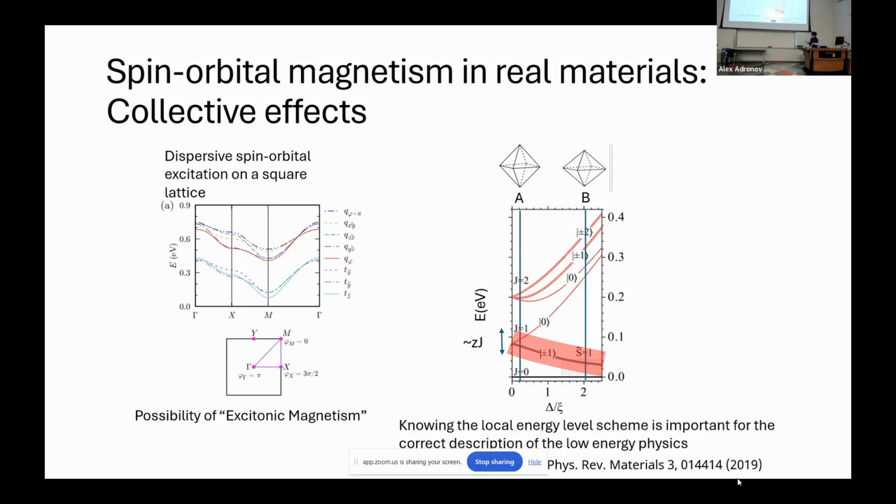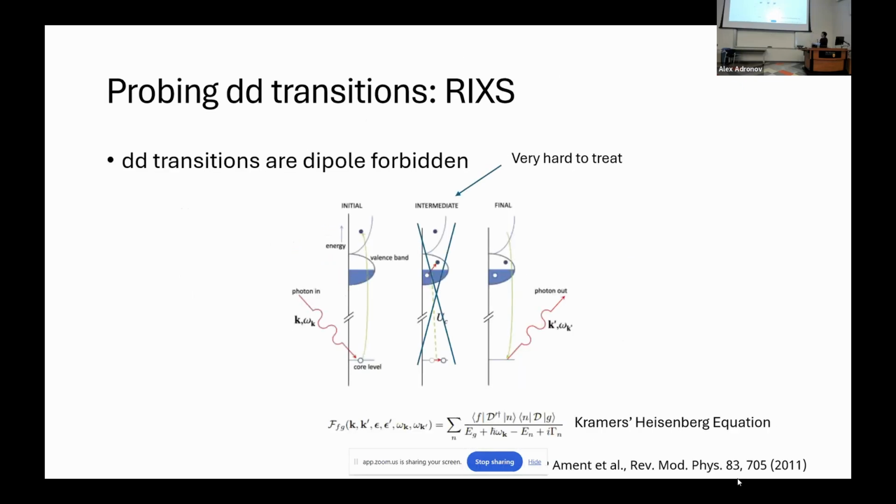And then we come to the important part: how do we study them? So the main problem with studying this dd transition, or transitions in the valence band, is that they're not dipole allowed, at least in a centrosymmetric system. And also their energy is typically very high, on the order of eV in transition metal systems. So because they're optically not allowed, optical spectroscopy like optical conductivity measurements don't really work that well. And because they're at such a high energy, neutron scattering doesn't work well. So it's only this technique that's been developed recently. When I say recently, I mean compared to the history of neutron scattering, that we can actually probe these intra-atomic